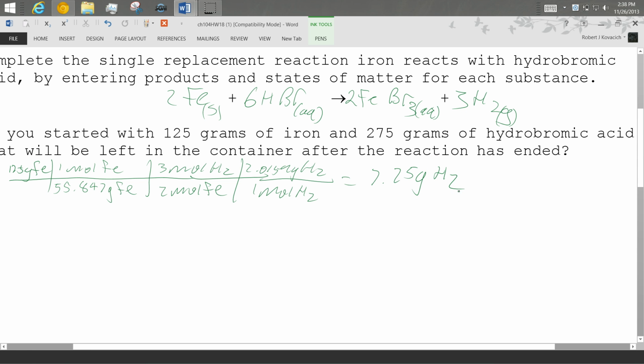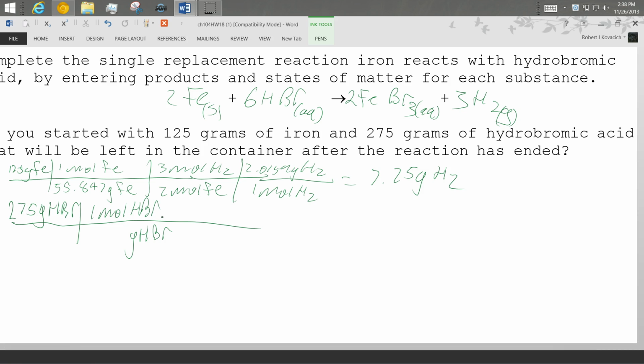Okay. So now let's go ahead and do the other one. So I've got 275 grams of hydrobromic acid. 1 mole HBr, grams of HBr. So it's 1.00795 plus 79.904. So that'll give me 80.912. And it's 6 moles of HBr